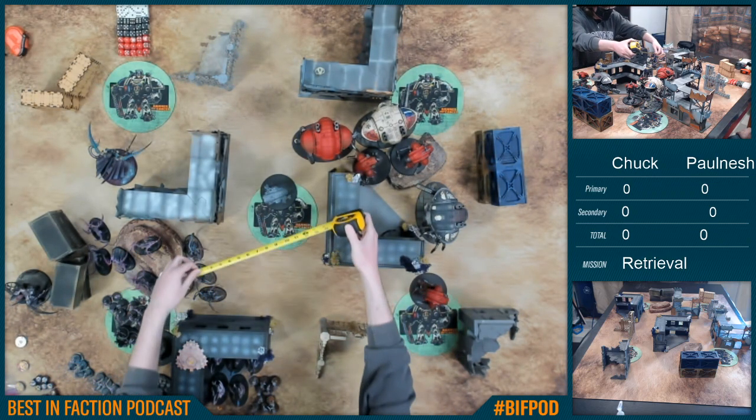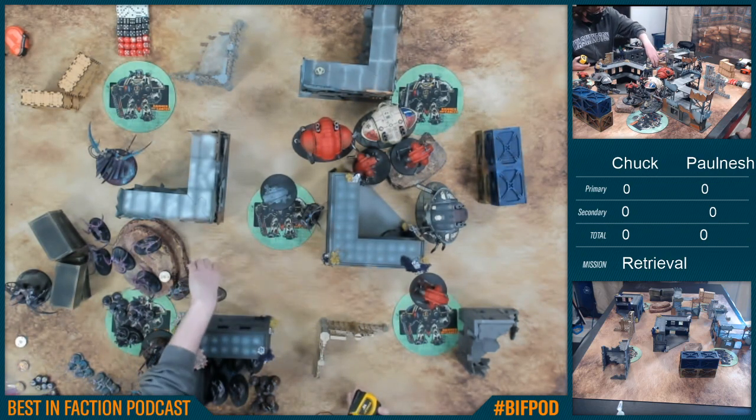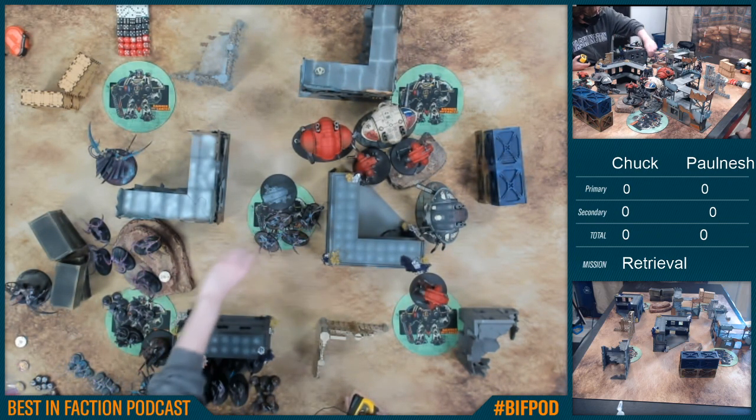Be interesting to see. Looks like Paul is just moving to keep around. It looks like it's staying behind that rune, so it'll take some effort for Chuck to engage it. And yep, that's a nice fiend unit moving up. It looks like that fiend unit is 5 strong,